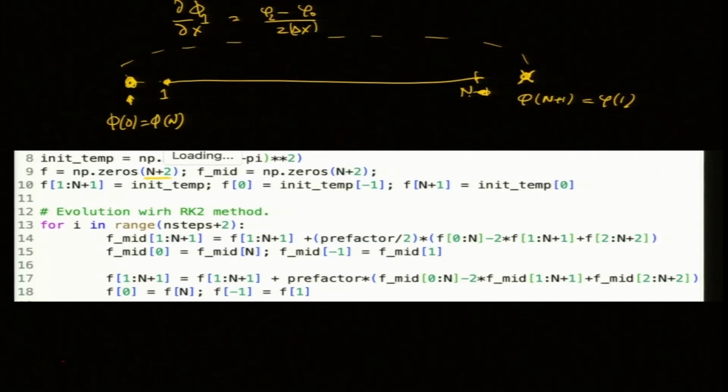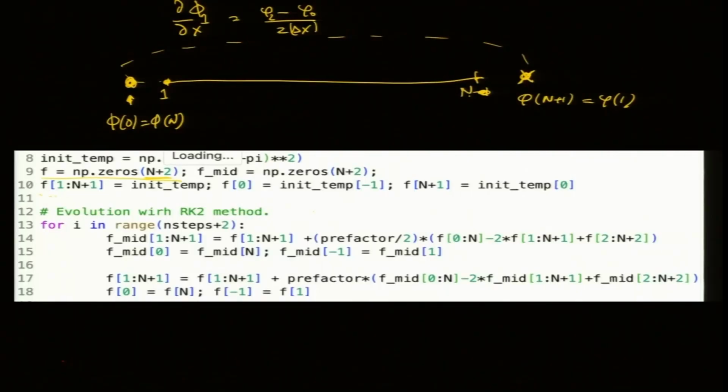Okay, so let us look at this stuff. I have created an array f. I think it's cut and paste. So f is an n plus 2 dimension array. For RK2 I need an intermediate array. For RK2 we go to the midpoint, then from the midpoint I make the jump from the first point to the next point in time. Okay. So that is one,